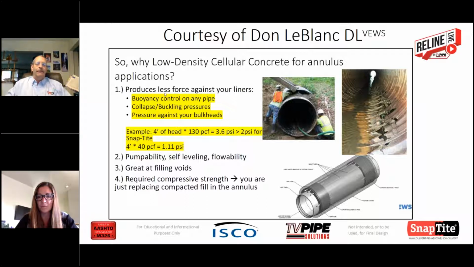We've also seen people actually put a 90-degree elbow on the bulkhead as it comes out, and they'll create a standpipe. That standpipe will help create head pressure to push the grout up into those higher elevations. But again, you need to be careful not to exceed the buckle pressure on your liner. Okay. Now, these